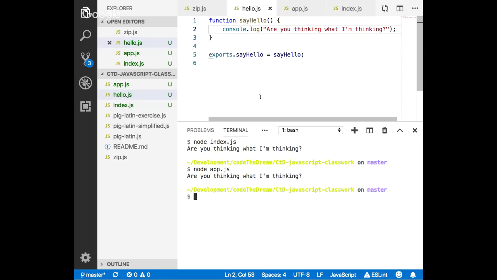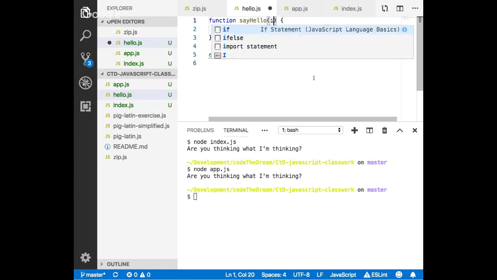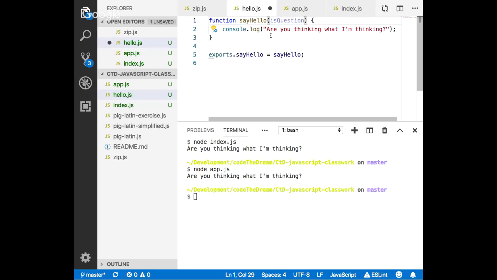I mean, you would need to pass in, so you can't easily do it just based off the file, because this hello.js isn't going to know what's calling it and where it's being used. So the way you pass information at all is you add a parameter, right? So if we did that, you wouldn't be changing it for one file, but you could add a parameter to say hello, right? Which could be, I don't know,